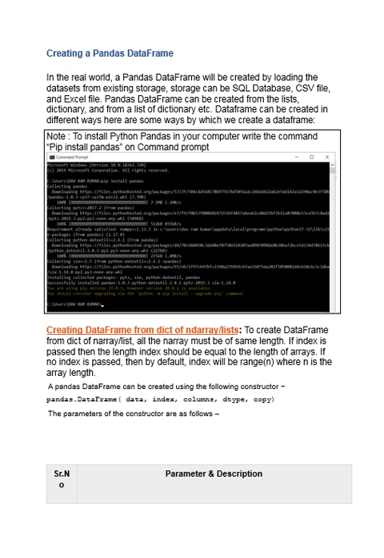And in this, n is the length of the array. Now a pandas data frame can be created using the following constructor. This is the syntax for how to create a pandas